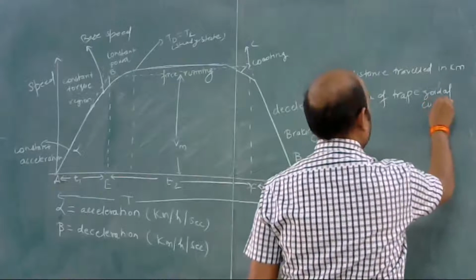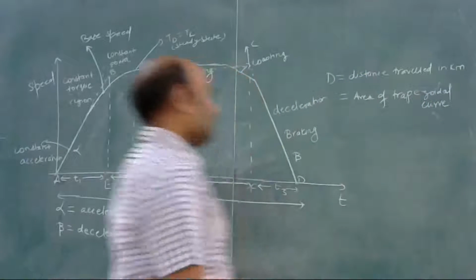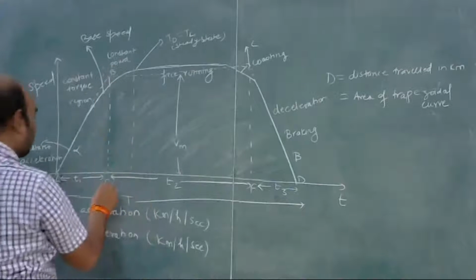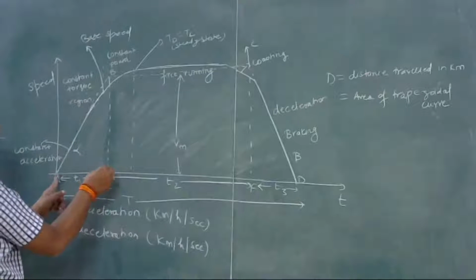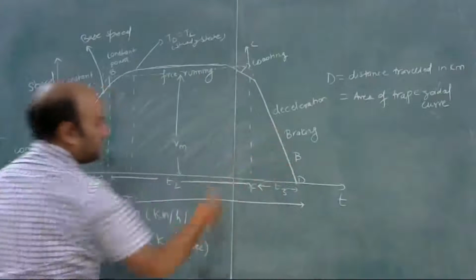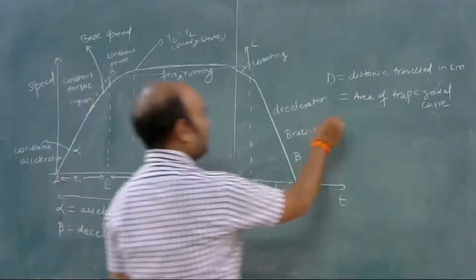Curve. Okay. This trapezoidal curve consists of this triangle, then this square, and again this triangle. So this will be equal to